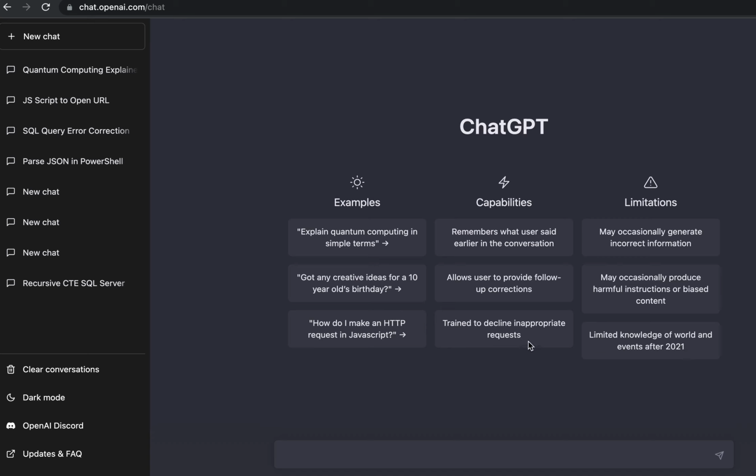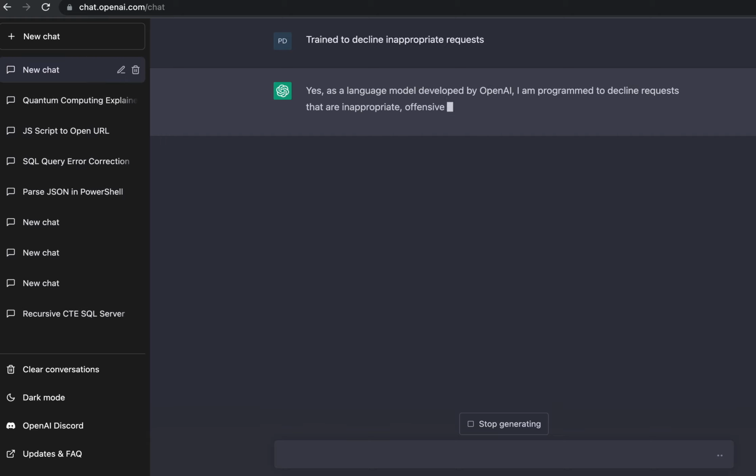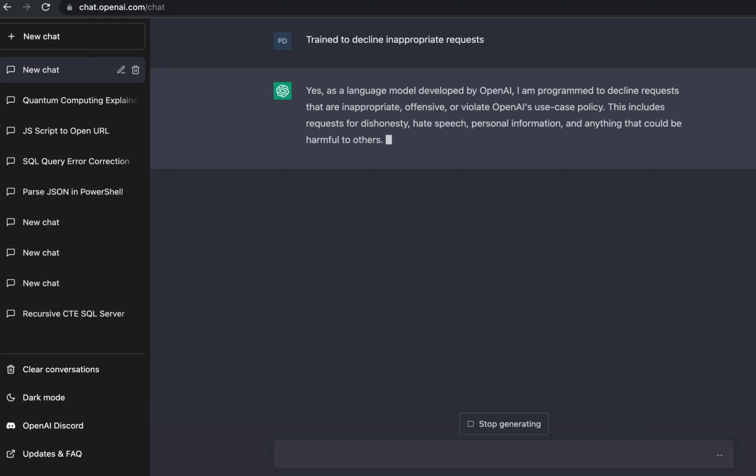Okay, so let's check trained to decline inappropriate requests. Second one is by OpenAI. So yeah, it covers dishonesty, hate speech, personal information, anything that could be harmful to others. It cannot produce that content. Okay,